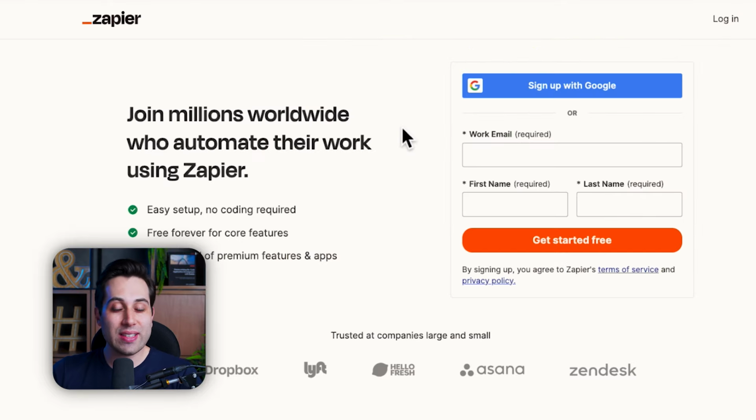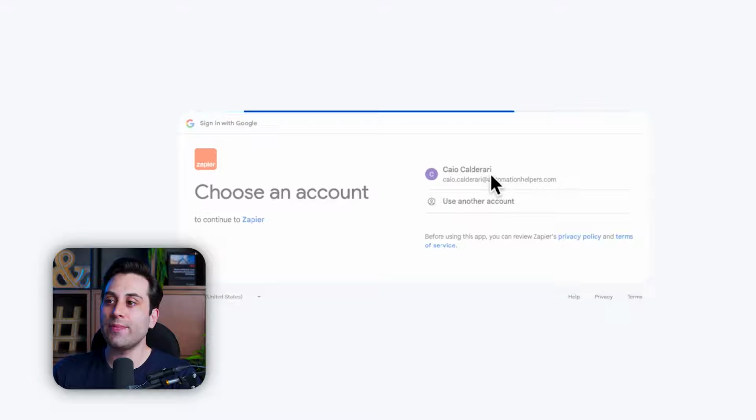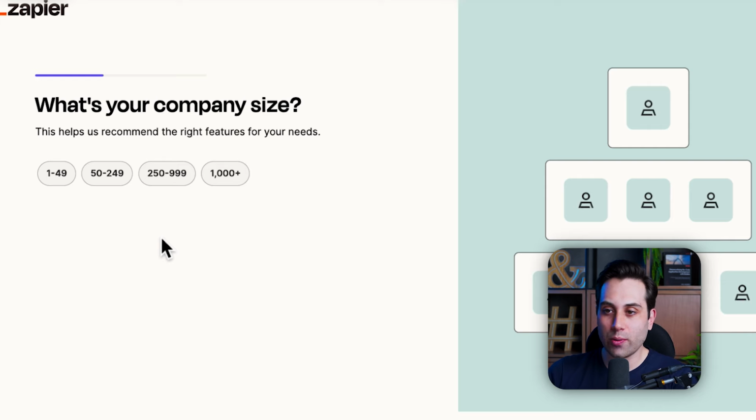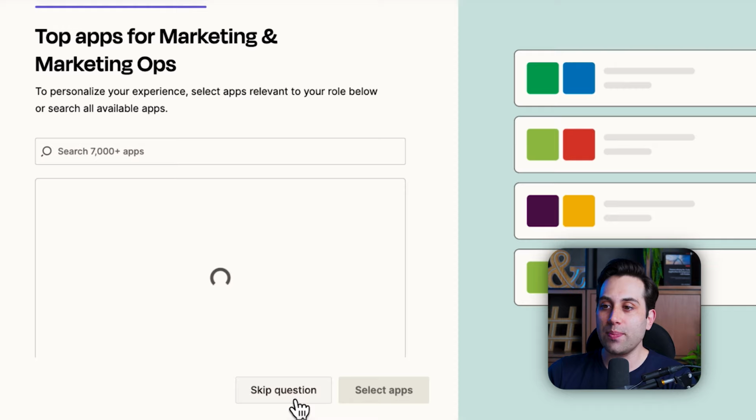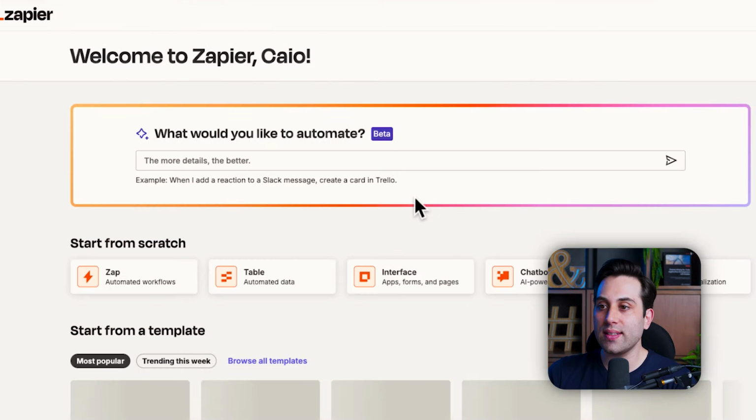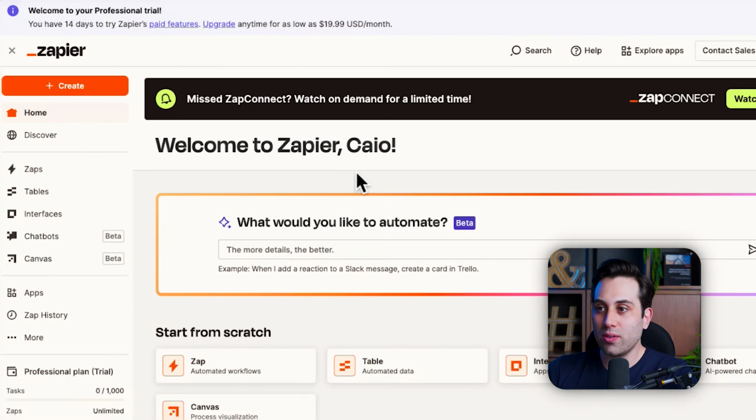So I'm going to go to the Zapier website and I'm going to click to get started for free. And I'm going to start my free trial with you guys right now on a new account. Okay, so I'm going to use my Google sign up login here. Here, just have to answer these questions. I'm going to just answer very quickly. You can skip this onboarding process and then you're going to have access to this homepage here, which is your